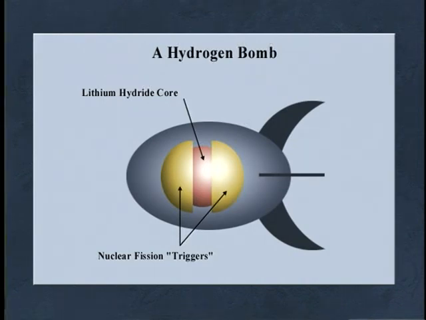A central mass of this hydrogen-rich material is surrounded by atomic bombs. So the atom bombs are what are called triggers. When the atom bombs explode, they create enough heat and pressure to trigger nuclear fusion reactions in the hydrogen. Then that much larger explosion converts much of the hydrogen to helium with a corresponding release of huge amounts of energy. And again, because the hydrogen-rich compound is inert, the size of a hydrogen bomb is for all practical purposes